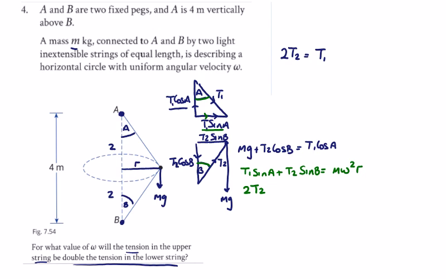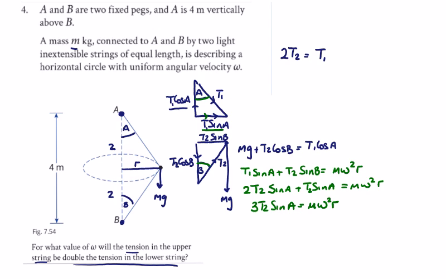So let's change them all to A. So 2T2 sine A plus T2 sine A is equal to m omega squared R. So 3T2 sine A is equal to m omega squared R,